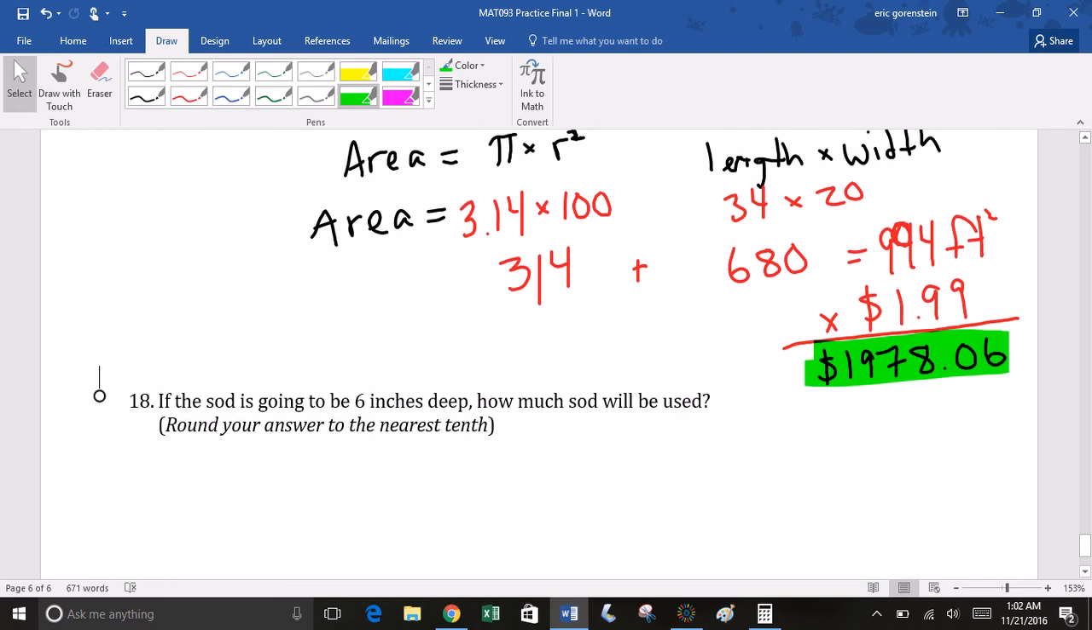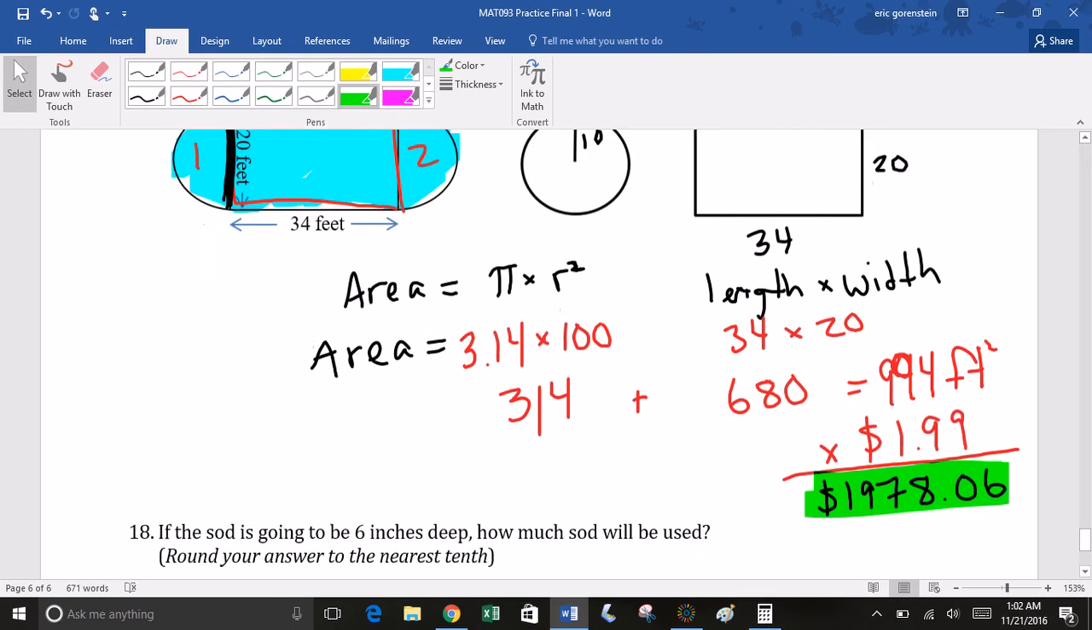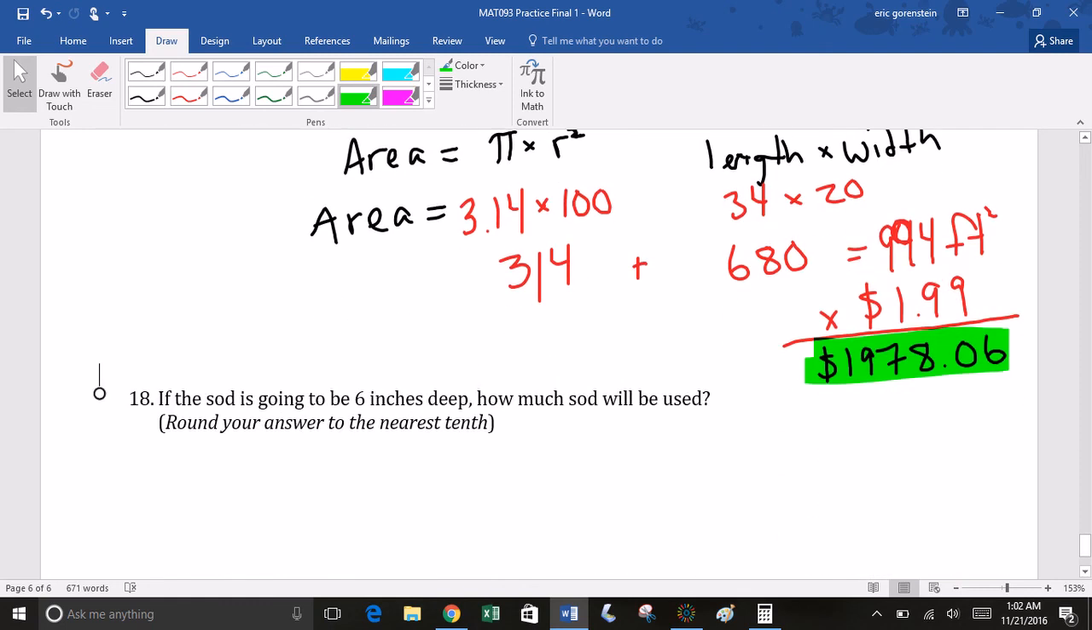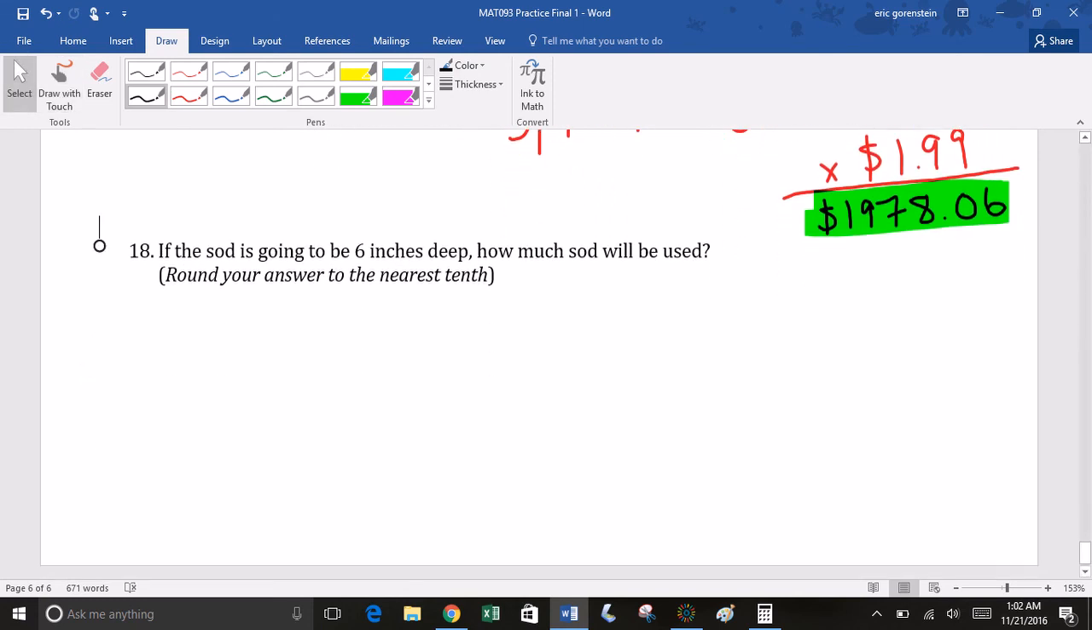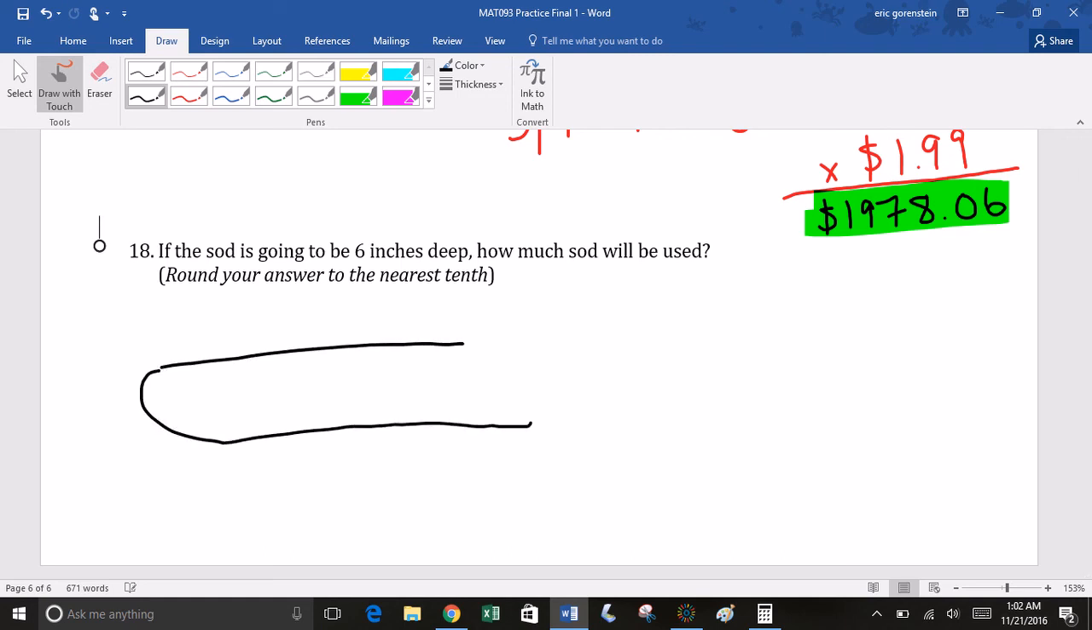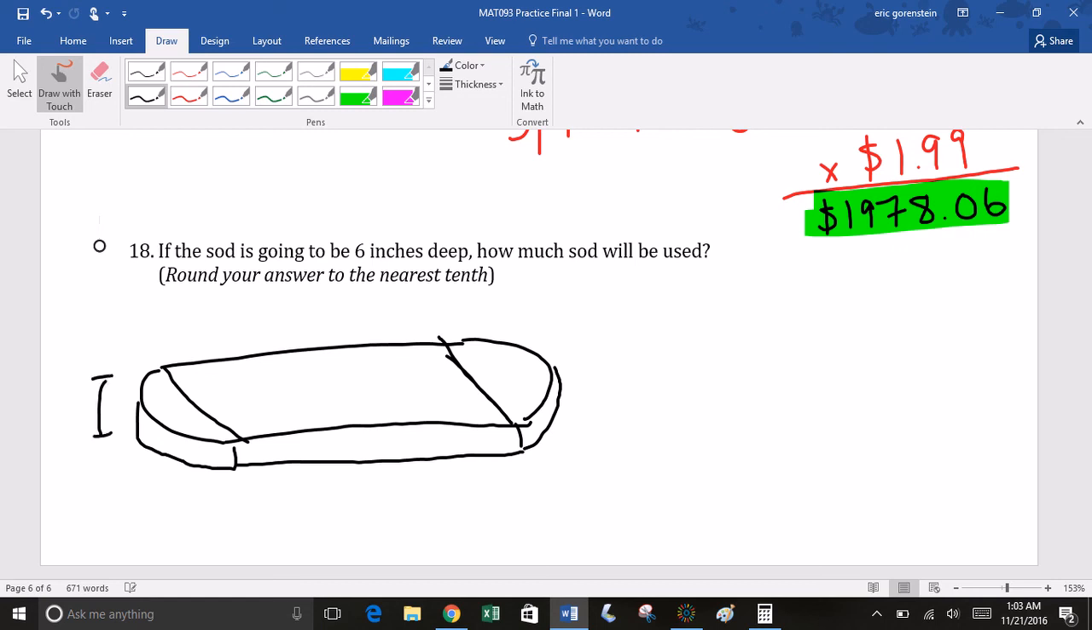So now, if the sod is going to be 6 inches deep, how much sod will be used? So what's the volume? Okay, so there's the area. I'll attempt to give you a sketch of what the three-dimensional volume will look like. So there's our playing field, and if there's our rectangle, it looks something like this. So we have a depth of